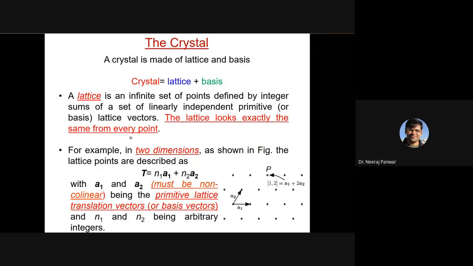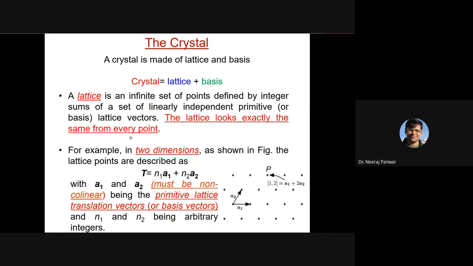Now we have defined our crystal. Now we want to look inside. Sir? Yes. So Saurabh is asking, why are crystal defects important? I told you that crystal defects are important because they affect the properties which we want to measure.